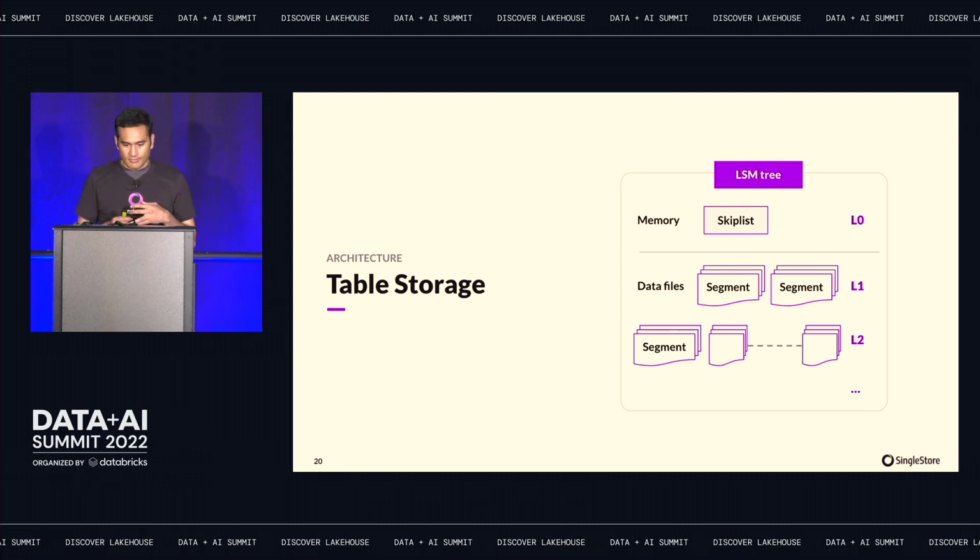the data. If you zoom into a partition, this is how a table's data looks, right? In memory, we keep the data in row format in a skip list index, right? This is helpful for operational workloads, right? You could do CRUD APIs, so you could do simple insert, delete, updates, et cetera, really fast because the data is in memory. That's how we began as a company. In fact, we were offering a scaled out in-memory OLTP system with skip list indexing. Makes it really fast. Obviously, it's harder given that you might have a lot more data than the memory footprint